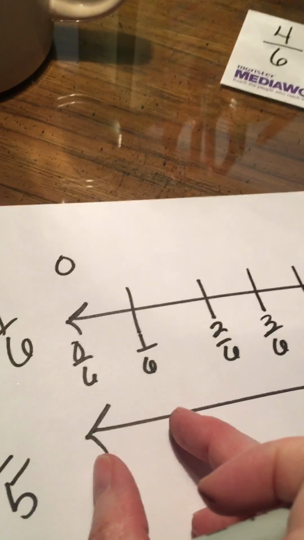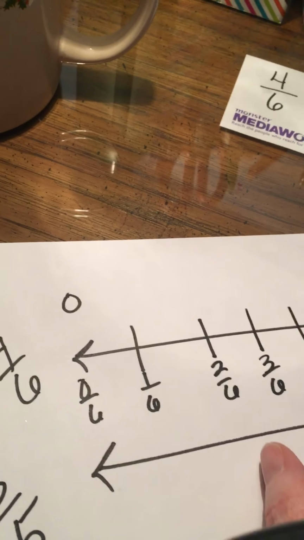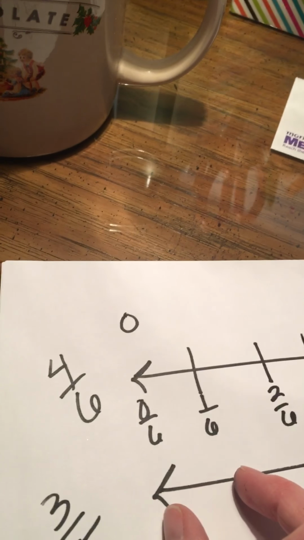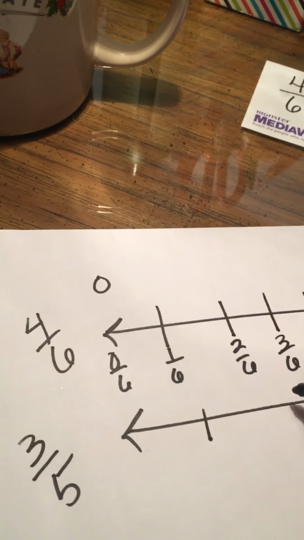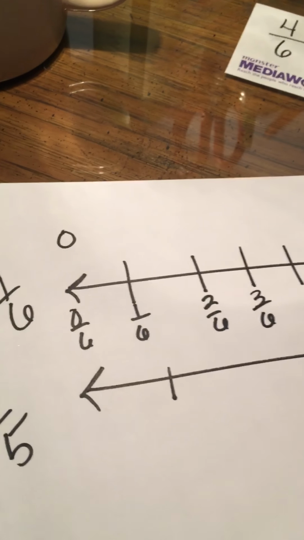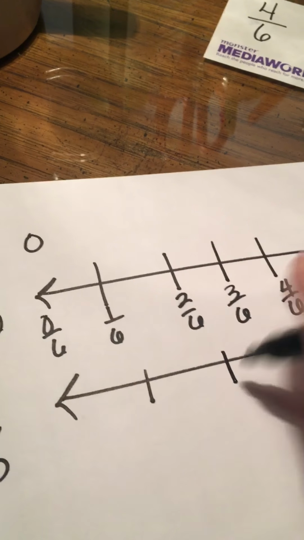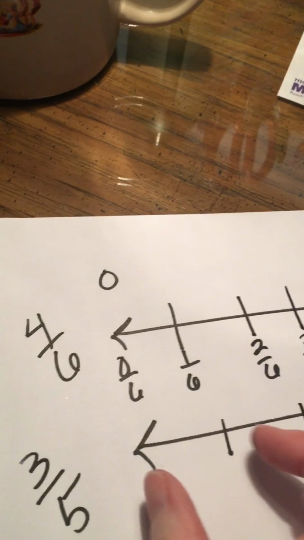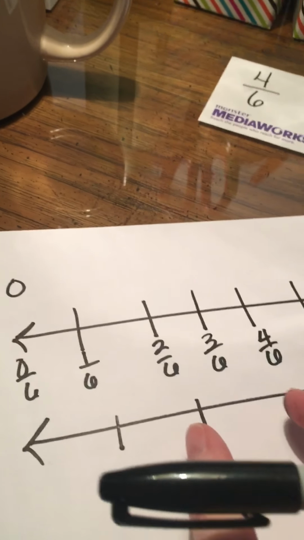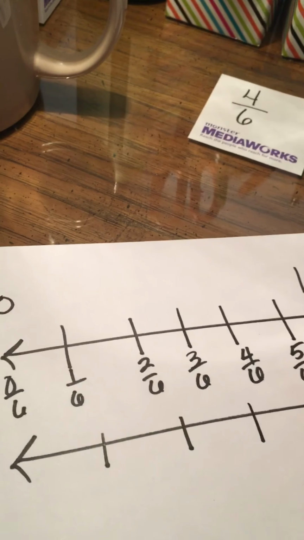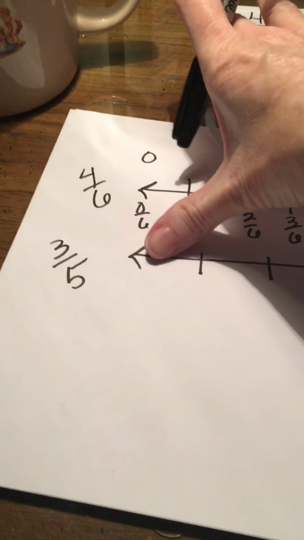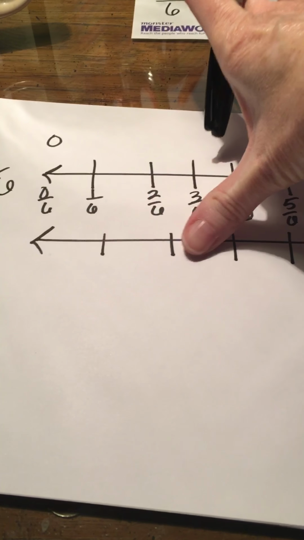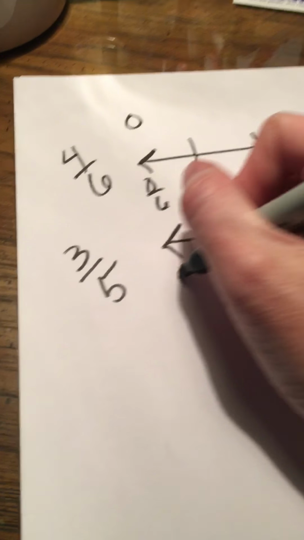Let's see, 1, 2, 3, 4, so about that. Okay, 1. And they're going to be a little bigger than fifths because that's a little bit less of a slice. Okay, pretty equal. Okay, so I have 1, 2, 3, 4, 5. I have fifths. So I have 0/5,